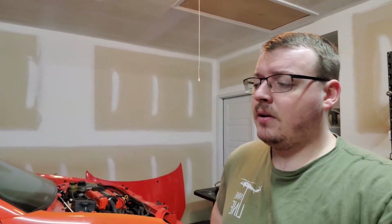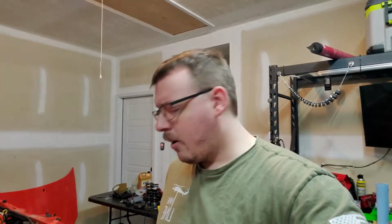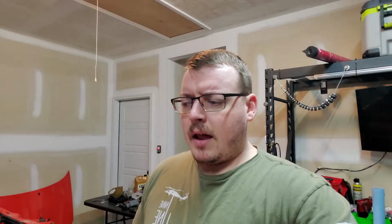So I'll record some stuff when I get it done, just to show you what it looks like. Beyond that, I think I'll be waiting, because hopefully at the end of this month, or partially into the month after that, I should get the rear trailing arms in and get them powder coated, of course. But then those, along with the front lower control arms that are going to come today, are the last piece